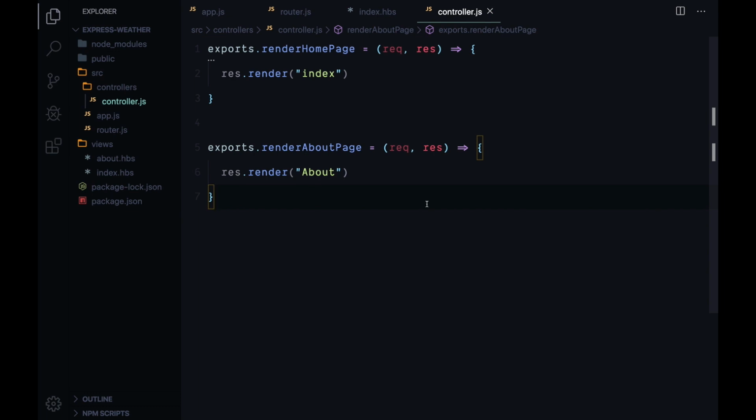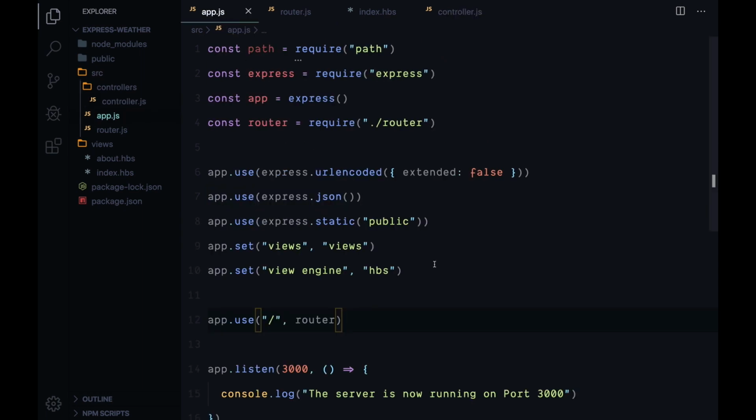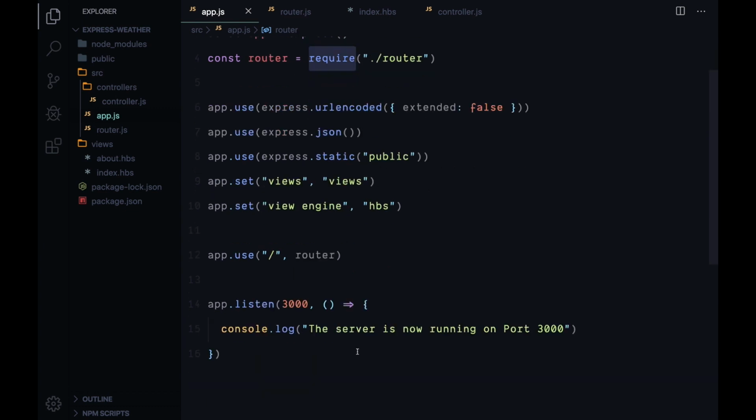Okay, so we've covered a lot of ground in this section, so let's review what we have done so far. So first up, in our app.js file, we are kickstarting everything by setting up some basic configuration. Again, if these lines are confusing, don't worry, we will cover these as we continue to use them. After that, we have imported the router.js file right here, and then right at the end, we have the call